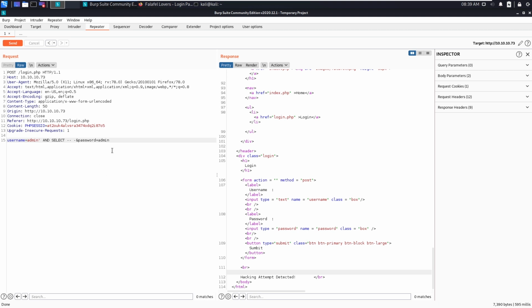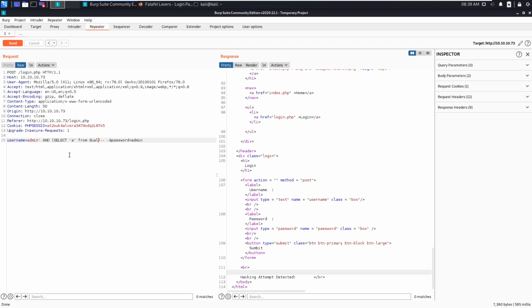We need to determine what type of database it's using, whether it's Oracle type or not Oracle type. So we can say select a from information_schema.